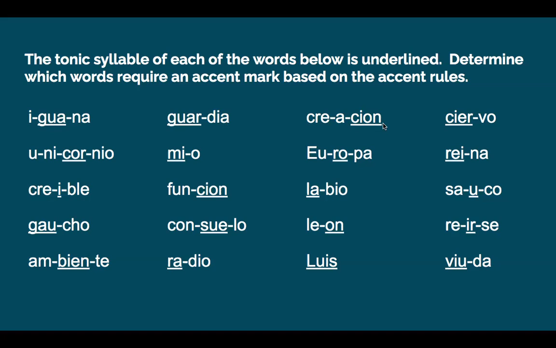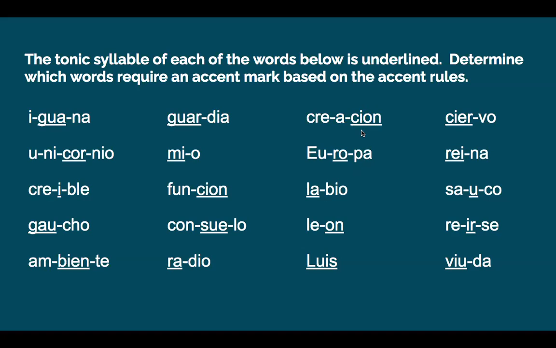Going to this word, creación, which is a three-syllable word with the last syllable stressed, we see that there is a separation between these two vowels, crea, because they're both strong vowels. That's why they separated into two separate syllables. Crea, the a stands by itself in its own syllable. And then we have a diphthong with the I and the O in the last syllable. Since there's a diphthong, we don't want to separate the diphthong by accenting the weak vowel.